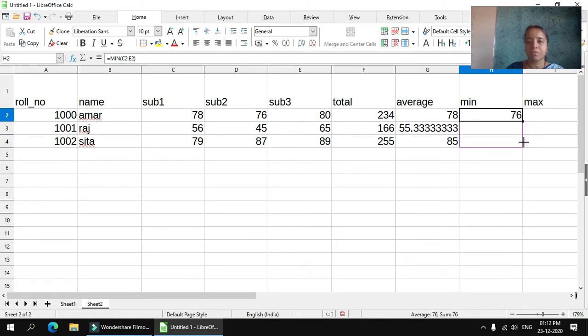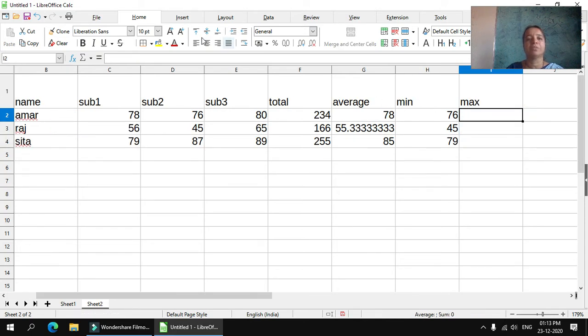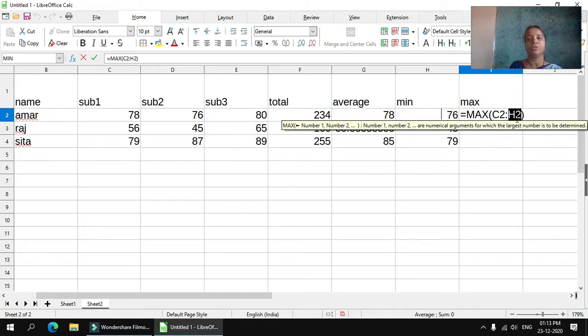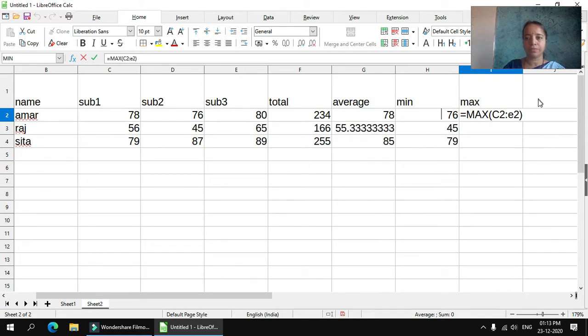Now you can copy the formula like this. For the second one, he has taken 45 as the minimum marks, and 79 here. Now in the same way you can calculate the maximum marks. Take the formula maximum, equal to MAX, it has taken C2 to H2. So take C2 to E2 only, press enter key.